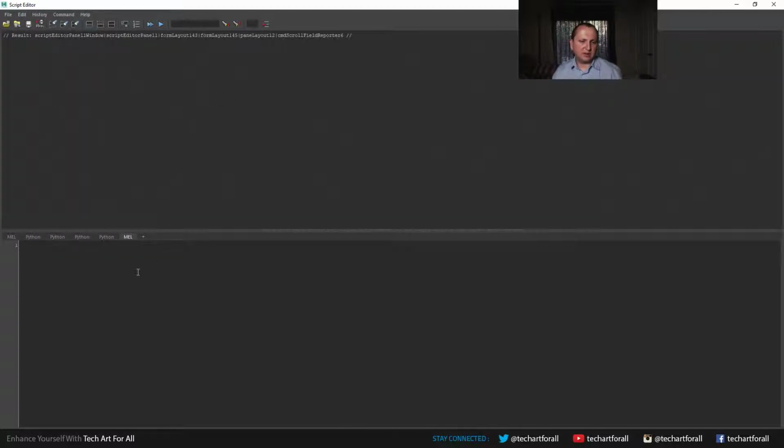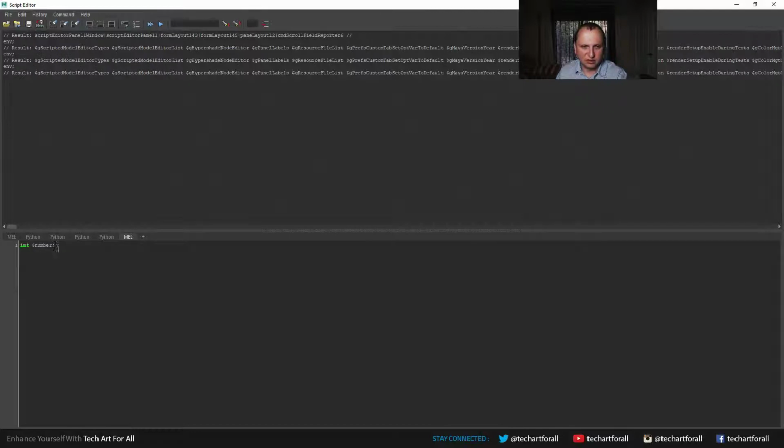So in Mel, which is Maya's embedded language, there are several types of variables. There are a few that you use all the time and a few that you use rarely. So let's go over all the variables right now. There is int, and it's an integer. And all variables inside of Mel start with a $ sign. So I'm going to put a $ sign. Let's say number, and then every line of code in Mel ends with a semicolon. And once again, to run this line of code, which basically declares or creates a new variable called number of type int,